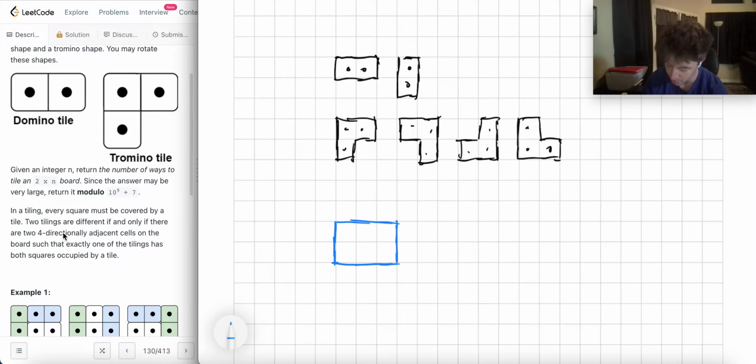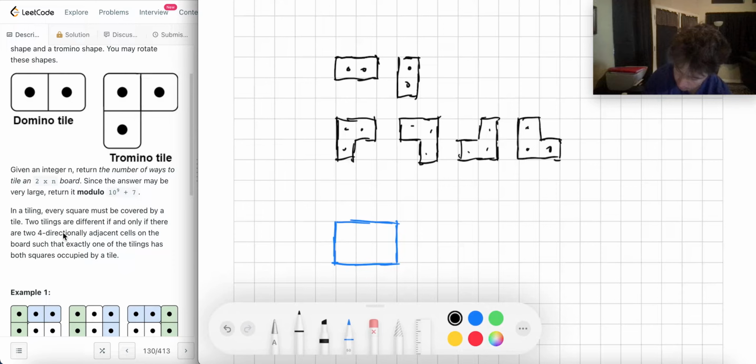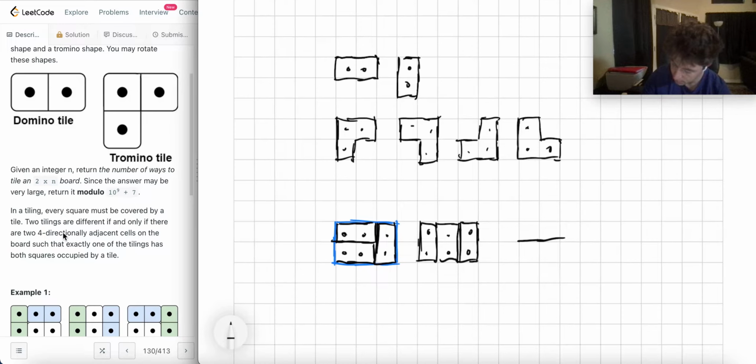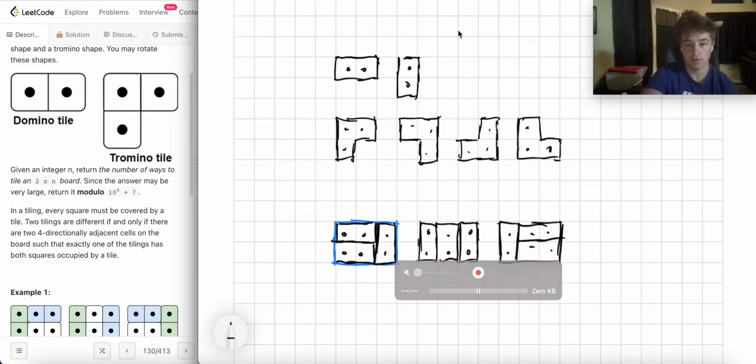So for example, I could put one of the horizontal tilings here and another horizontal tiling here and a vertical tiling here. So that's one way, right? I could put two vertical tilings here. I could put three, I guess. I could put three tilings here. I could put two on the other side horizontally and put a vertical tiling here. Right. And that's everything, just exhausting these